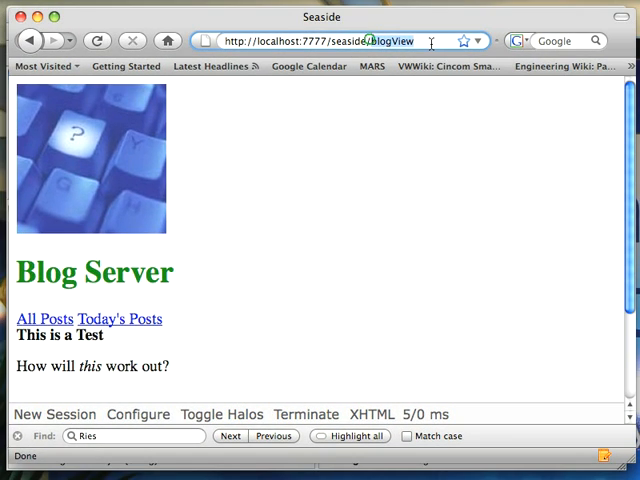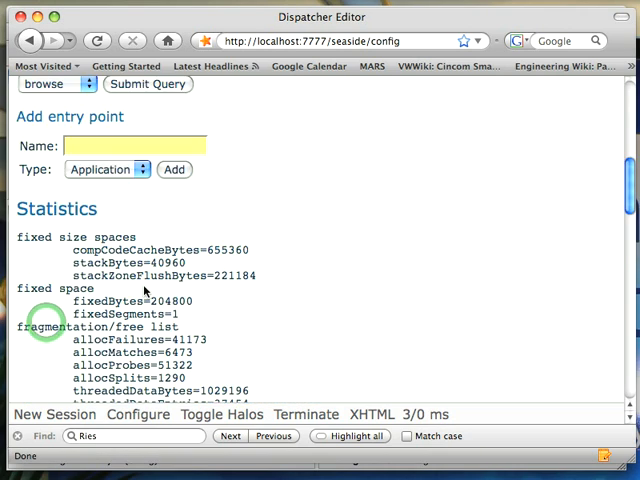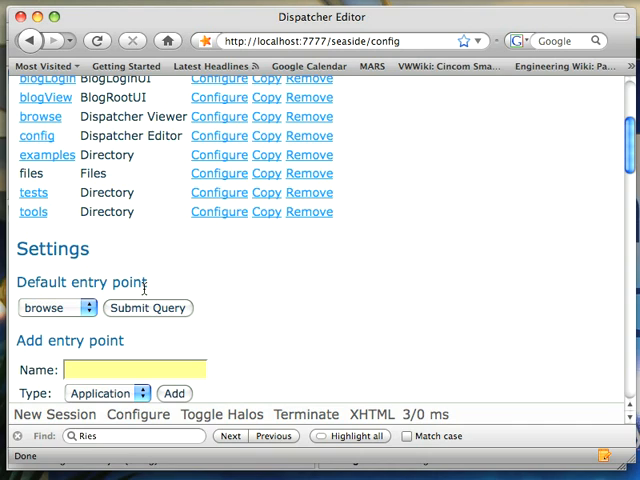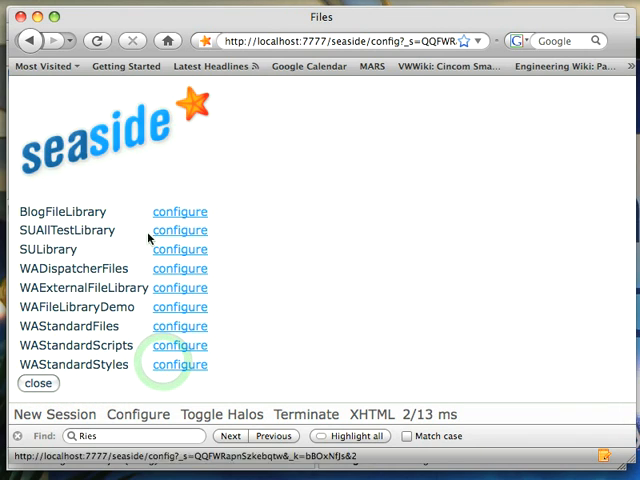Let's go back out to the top so we can go through configuration. And what I'm going to do is hit config. I'm going to scroll down, and I want to add an entry point. And I want to call this images. And I'm going to say the images is of type files, and I'm going to add that. Okay, and now it's going to ask me, well, what kind of thing do you want? I'm going to want blog file library to be the thing that's added to that, so I'm going to hit